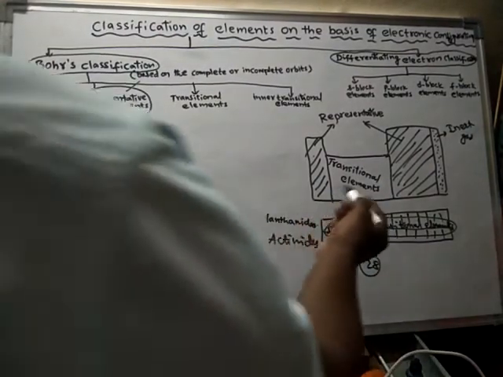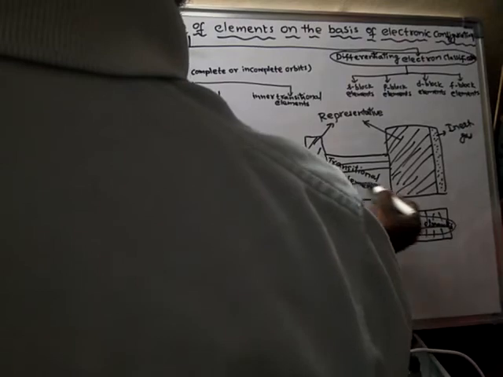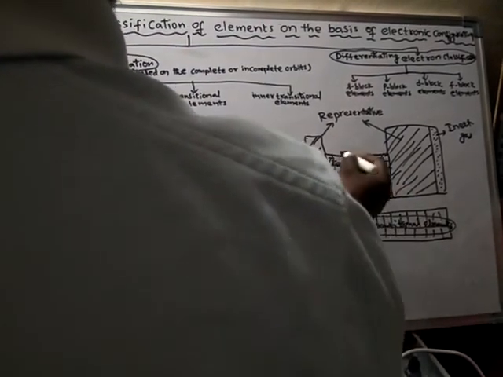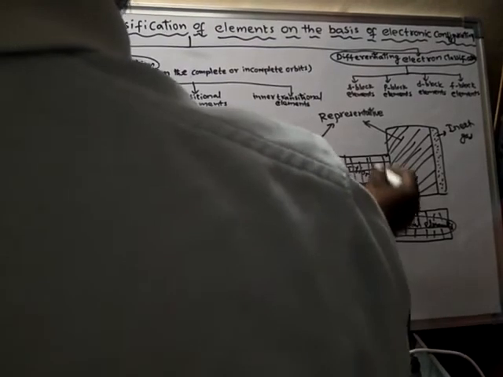But transitional elements are divided into four series. 1, 2, 3, 4 series of elements. We will learn all these points about transition elements. Each series contains 9 elements. Each series contains how many? 9 elements each. So 9 into 4, how many? 36 transitional elements are there.